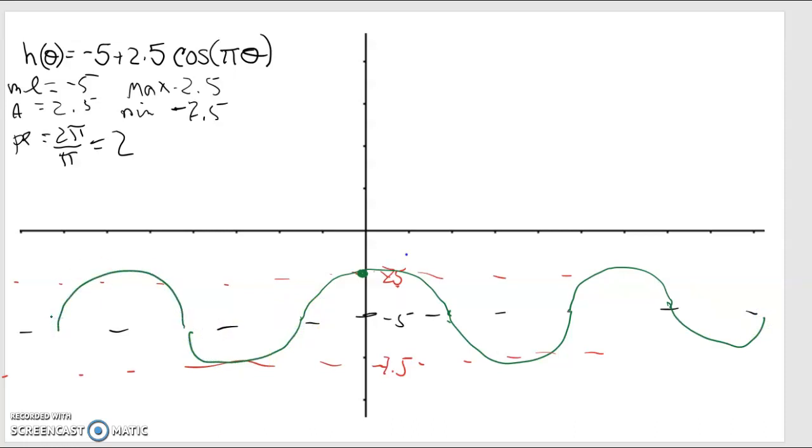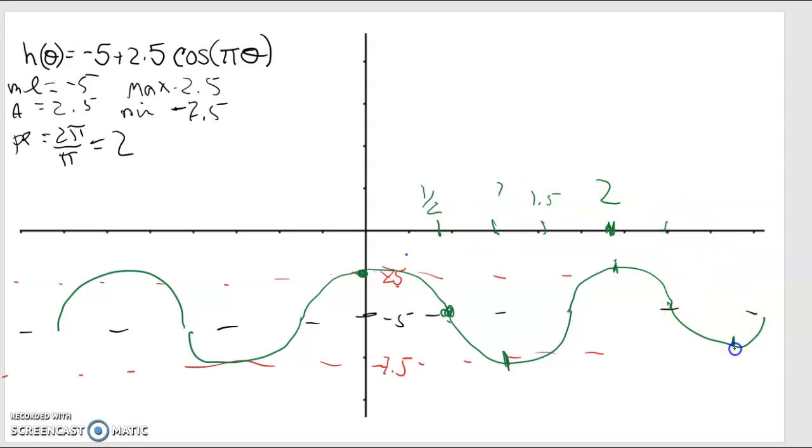Let's worry about our x scale. So our x scale, we go through an entire period when we get back to here. That's where we start repeating our wave. So right here, this must be 2. Halfway through our period, we're at 1. Halfway of half of our period, we're here at a half. That means this must be 1.5,